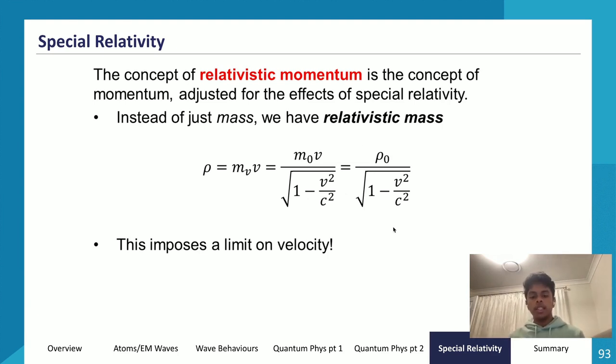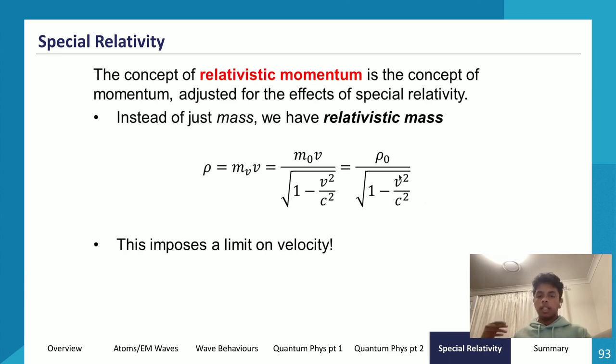And then following this equation, what it looks like is our momentum is basically going to be infinity when we reach the speed of light, right? It imposes a limit on velocity, because now if v is equal to c, then the denominator is going to be 0, right? And so mathematically, we can't have a denominator of 0. So it will asymptote at infinity as v approaches c, or as our velocity approaches the speed of light, our momentum will asymptote at infinity.